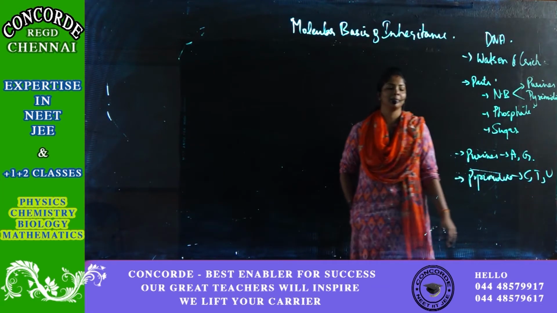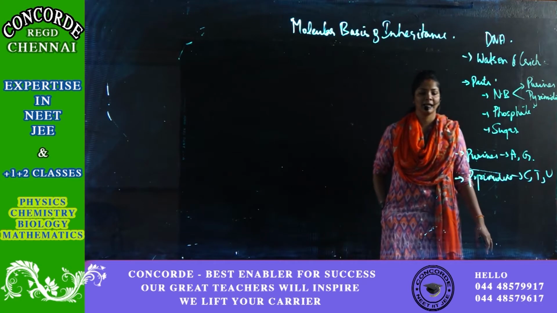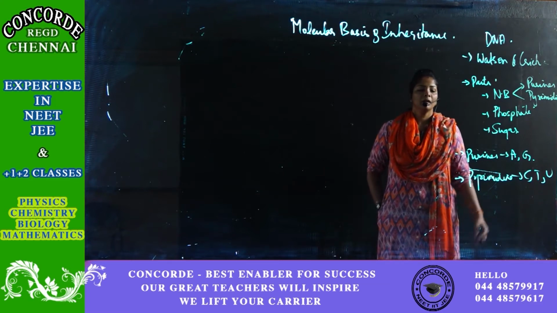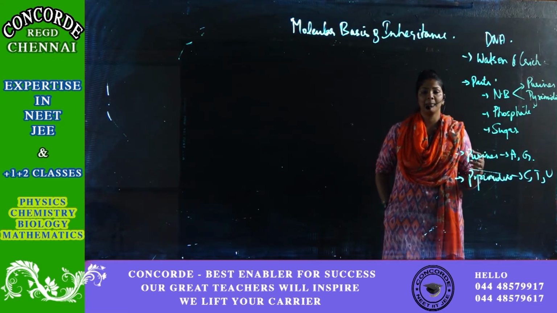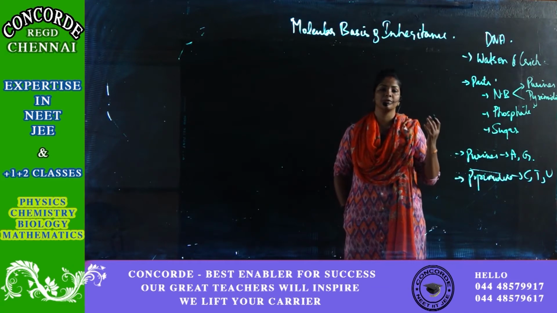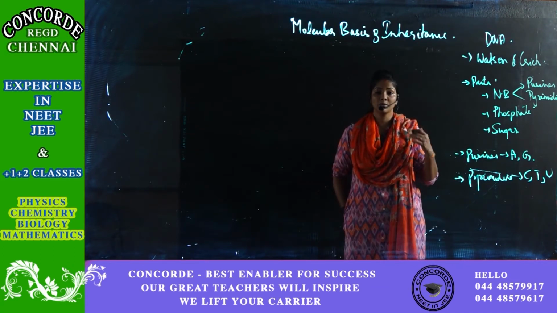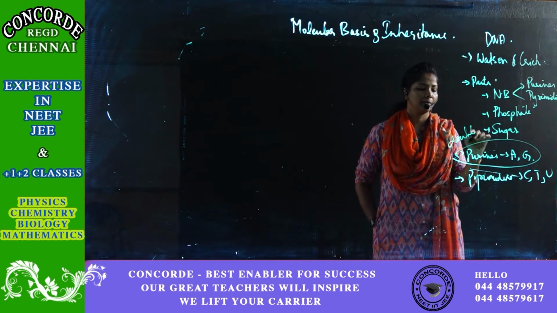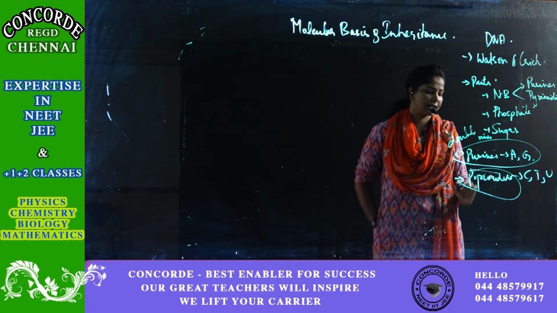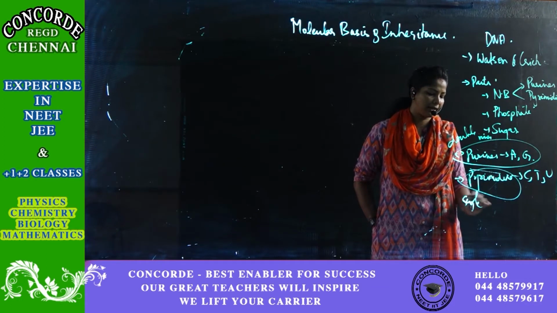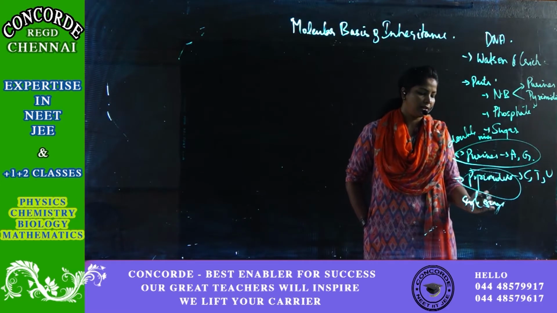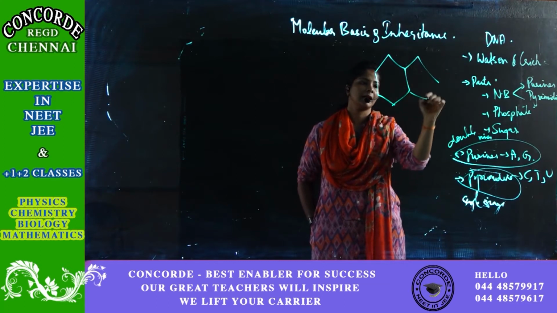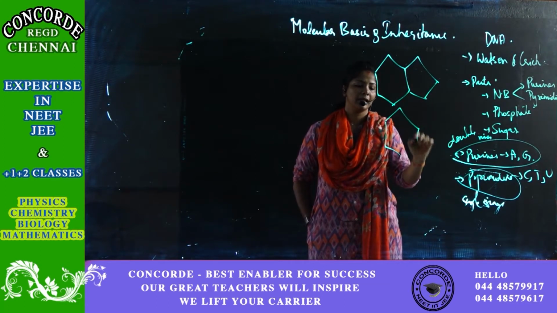So these are the main nitrogenous bases. Purines are adenine and guanine. Pyrimidines are cytosine, thymine and uracil. Purines and pyrimidines help in making up the structure of the DNA. One more important thing is that purines are double ringed and pyrimidines are single ringed, meaning in their structure, purines will be somewhere like this, whereas pyrimidines will be single ringed.